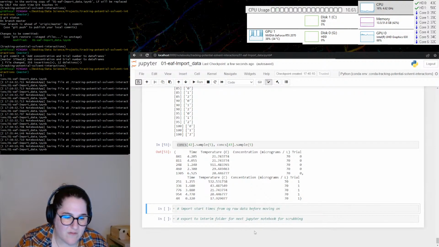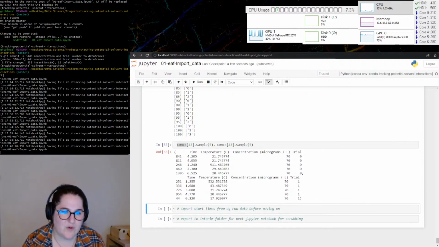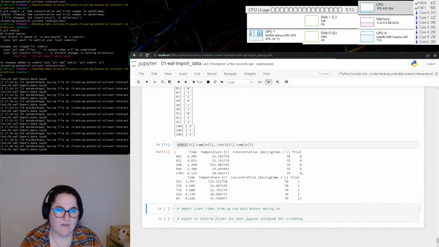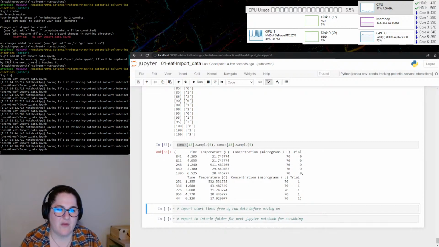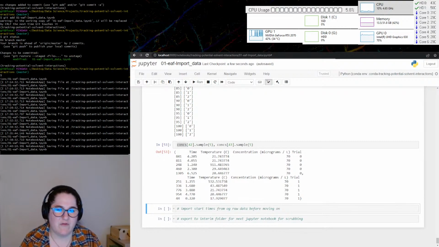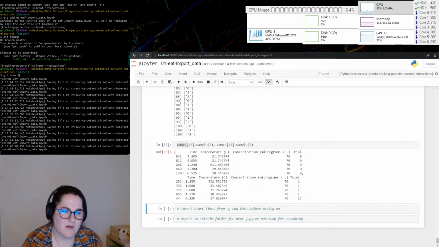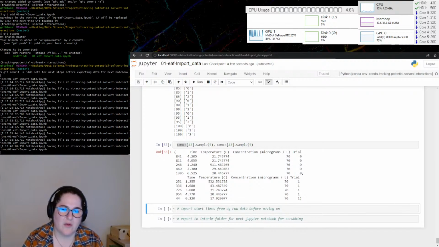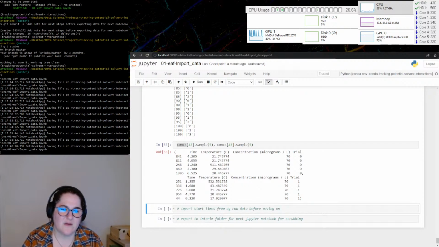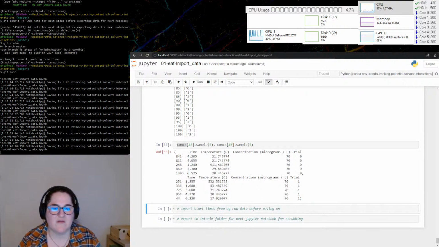Okay, I'm gonna save, and I'm going to go back to my Git Bash terminal here. Git status, you'll see that I've made more changes. Let's do git add. We want to stage this particular notebook for commit, and it has been staged. We've moved from red to green. Then git commit, and I'm gonna put the message, add note for next steps before exporting data for next notebook. Git status, and I'm going to go ahead and push up all of these commits so that they are on